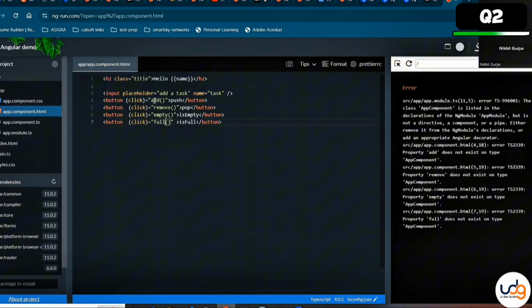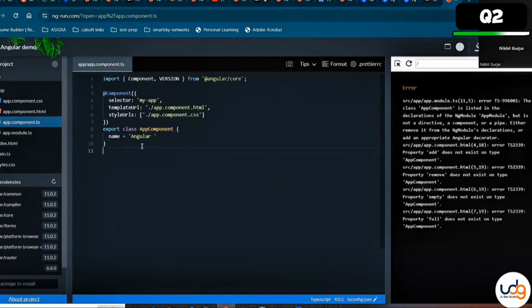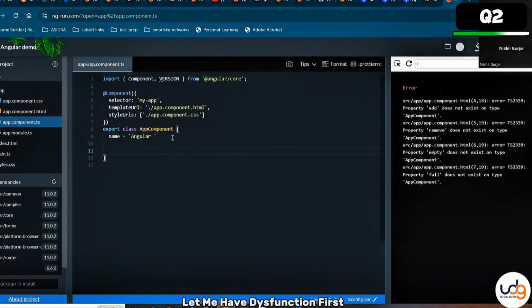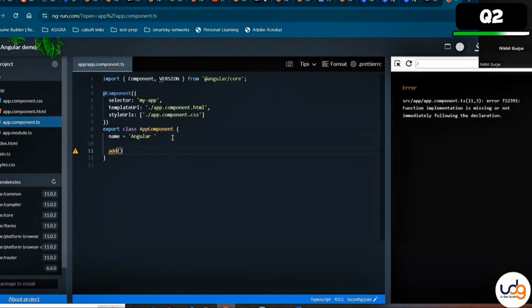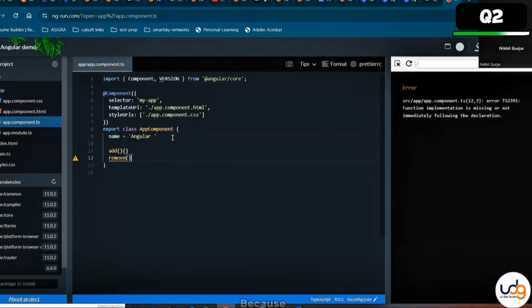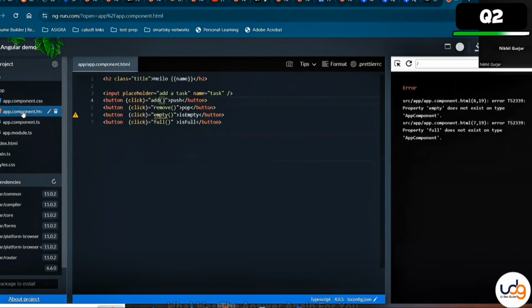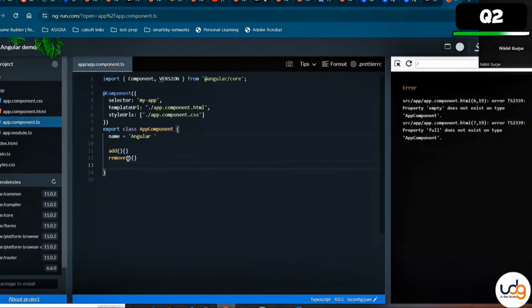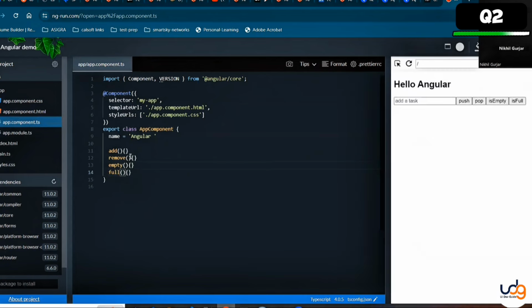Okay, let me have these functions here: add, remove, empty and full. Okay, and now what I want is